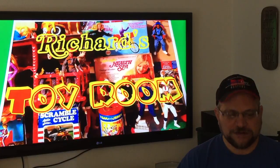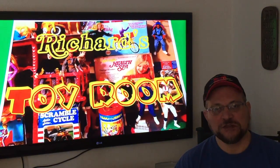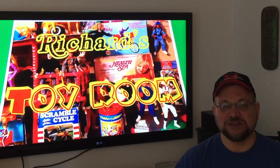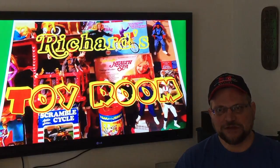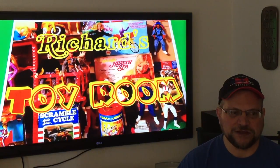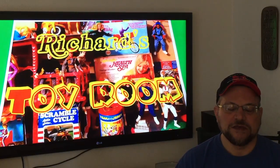I went to go look, and sure enough, I found a bunch of records, 25 cents a piece. Can't really beat that. Some of them I picked up just because they were a quarter. I usually only buy stuff that I know that I'll listen to. Every once in a while I'll grab something that is in really nice shape that either I know a friend might like, or that could be